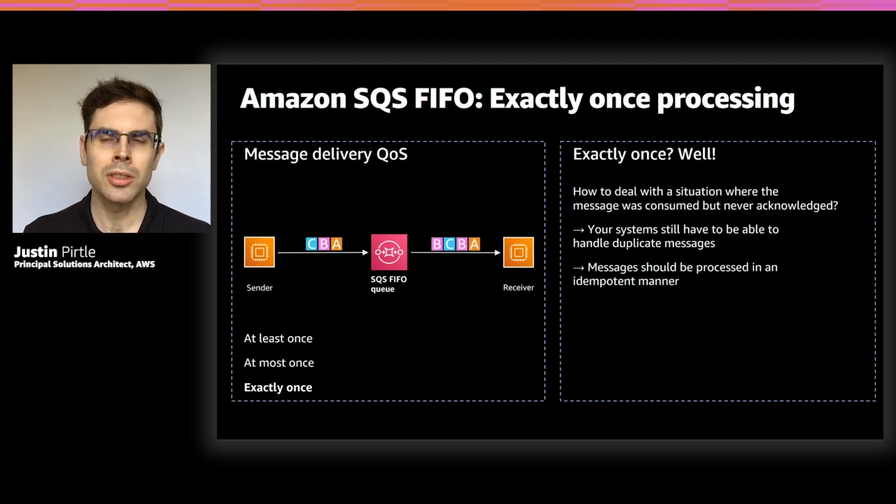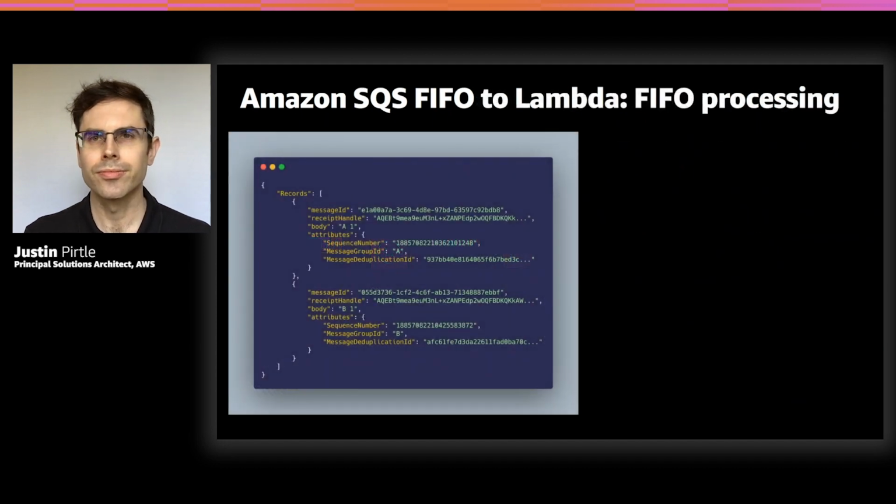You have to be cognizant of this scenario where your consumer could get the message, but either fail to send an acknowledgement or the acknowledgement never be received by the sender, and by SQS in this case. And so you still need the ability in a distributed system to have idempotent processing, handling duplicate messages without processing it more than once. But SQS FIFO gives us this ability, and let's see how.